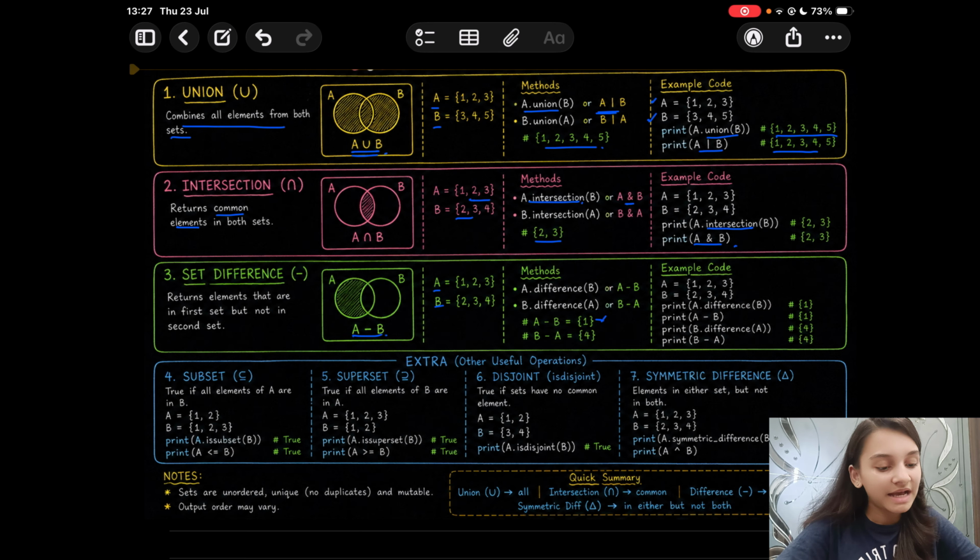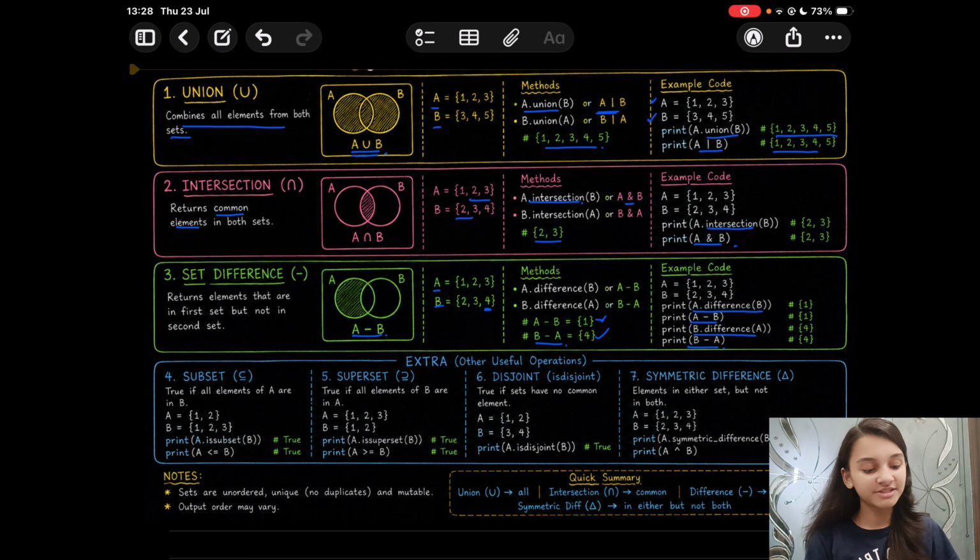Whereas if you want to calculate B minus A, in that case we'll find the elements of B which are not there in A. So we'll get a 4. This is the example we just discussed. So you can find the set difference using A.difference(B) or A minus B. And similarly for B.difference(A) or B minus A. Okay.